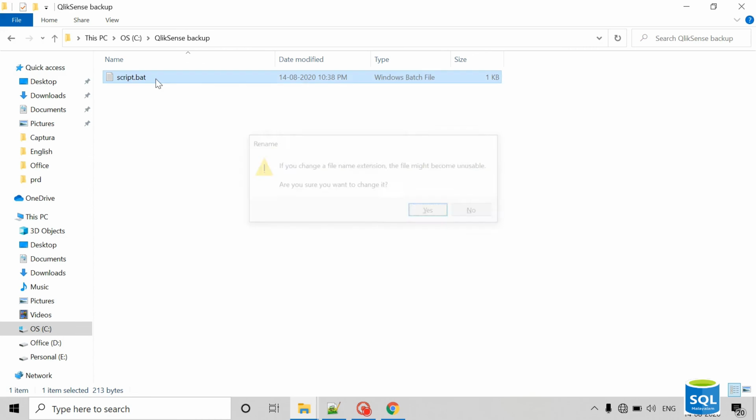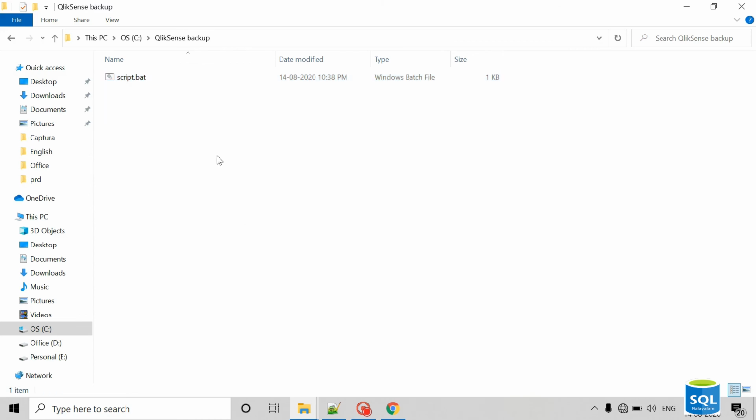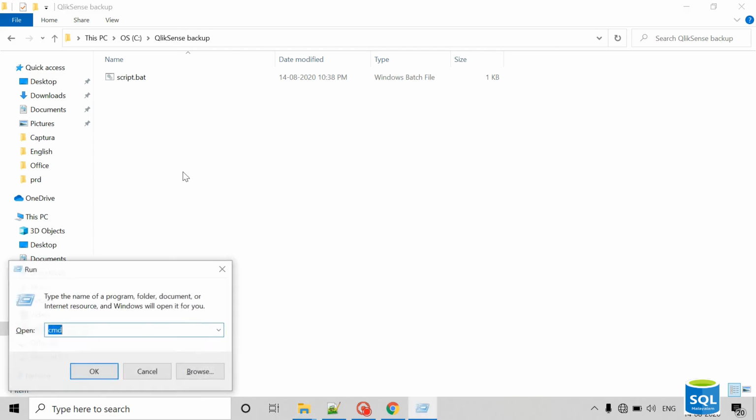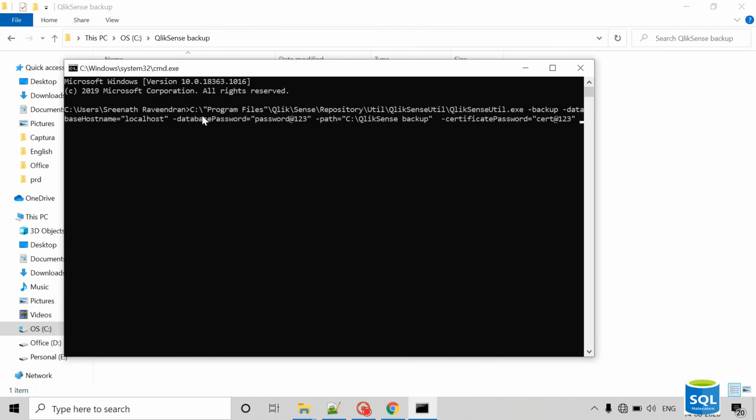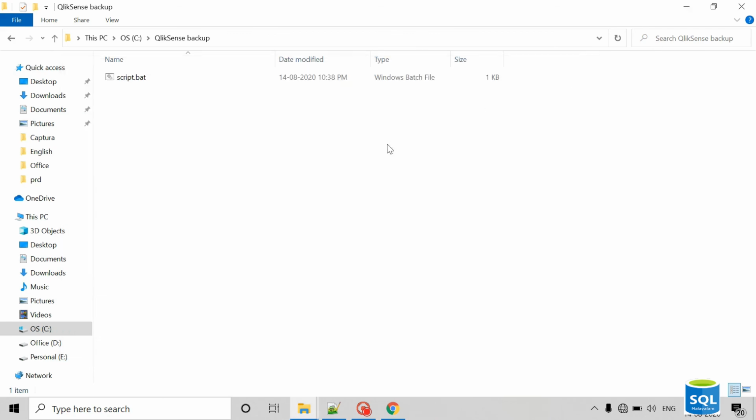Then I can run the script from here itself, otherwise I can run the script from the command prompt. We can use two options. If you are going to schedule a task and take a backup every one week or two weeks, then you can use this kind of approach.